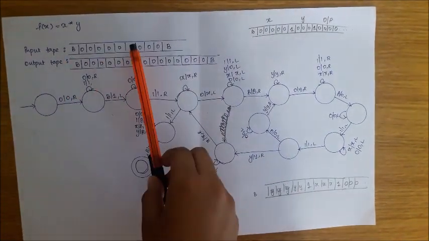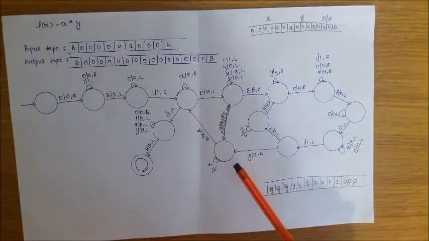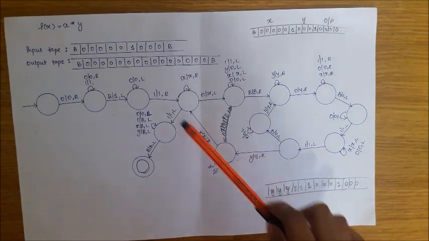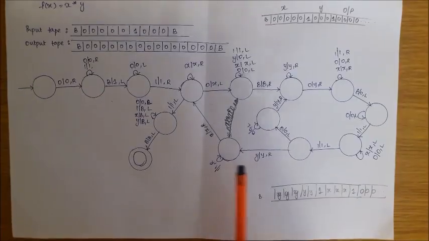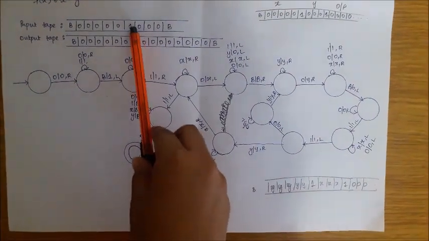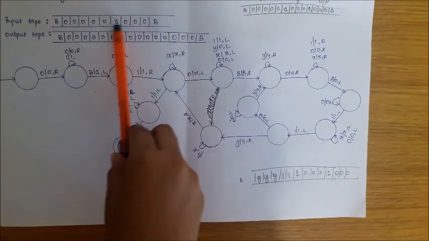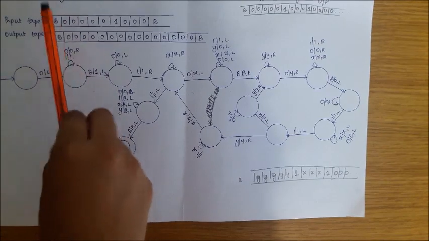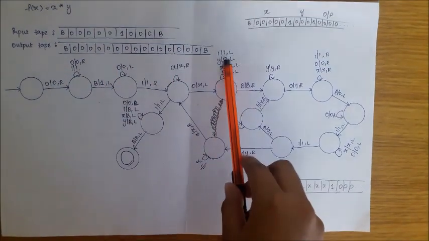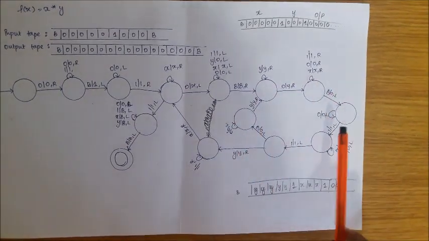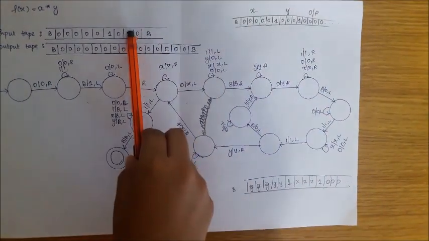It will ignore all the y's until it finds a 1. The 1 is replaced with 1 and it moves to the next state. From here the pointer moves to find the next 0. This 0 is now replaced with x, and all the zeros which were replaced with y before are again converted to 0, and the computation takes place for another 5 times for this 0.